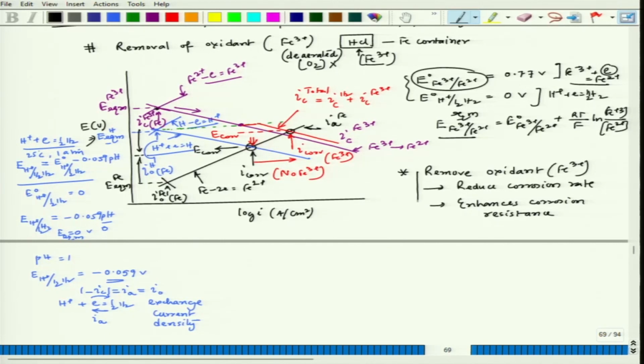And remember, this is valid for active dissolution of metal in a corrosive medium. Now, active dissolution of metal, what do I mean by that? It's basically that the polarization lines are all in the active mode, or active polarization is followed for the anodic process. Okay. So that is the condition that if we remove oxidant, we can avoid corrosion of the active